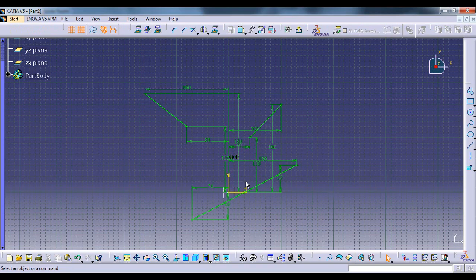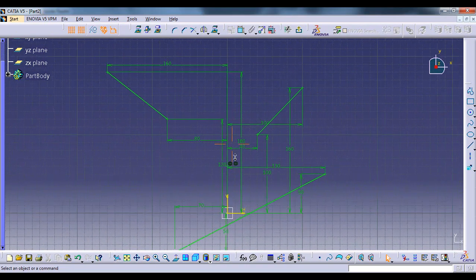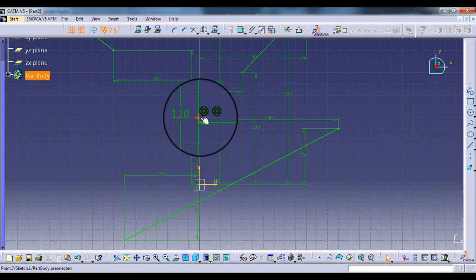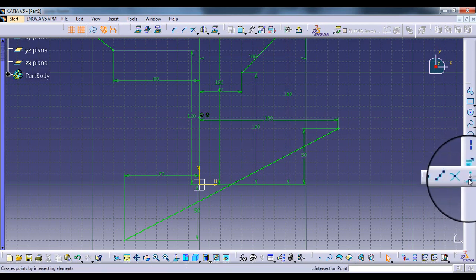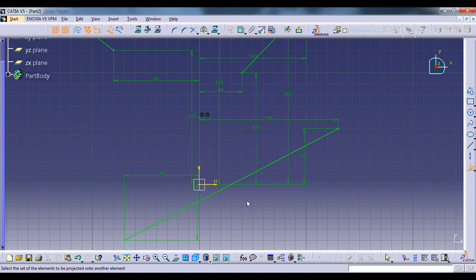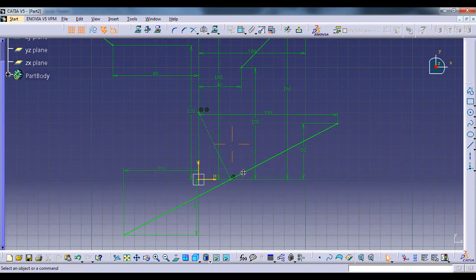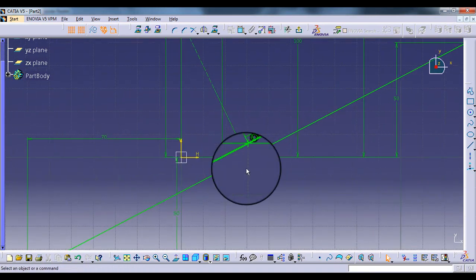So our main question is to plot the projection of this point, that is intersection point, on this line XY. So I will select this command, that is projection point command, and I will just select this point and this line. So the projection of this intersection point is now plotted on this XY line, but we need to know the coordinates of this point.